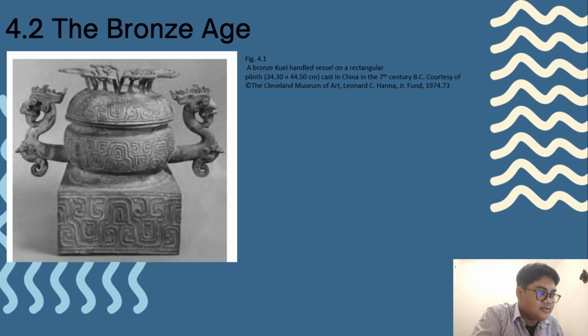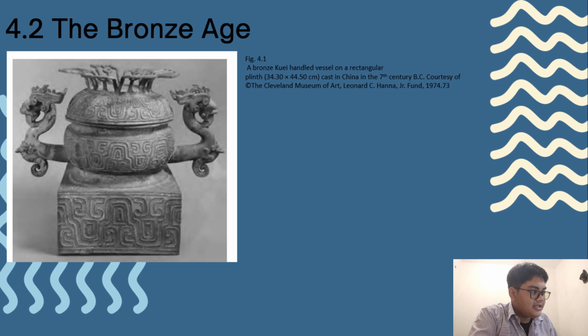It is rather startling to realize that approximately 4,000 to 5,000 years passed between the advent of the Bronze Age and the development of sterling silver, a more modern application of the strengthening effect of alloy addition. It was discovered that the strength of silver could be improved greatly by the addition of small amounts of copper. This small addition, approximately 7.5%, did not affect the appearance but significantly improved the serviceability of silver vessels, jewelry, and utensils. As we can see in figure 4.1, a bronze vessel with a handle on a rectangular plane, cast in China in the 7th century BC.